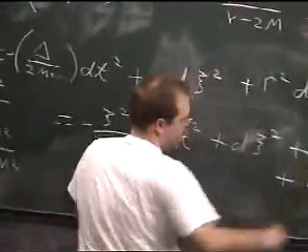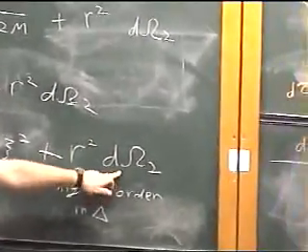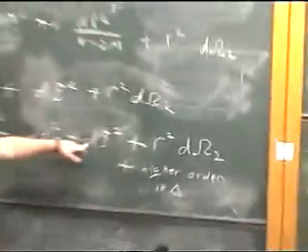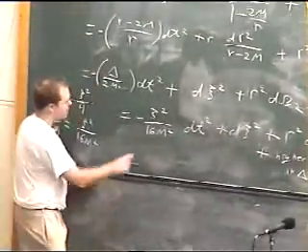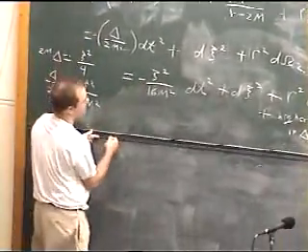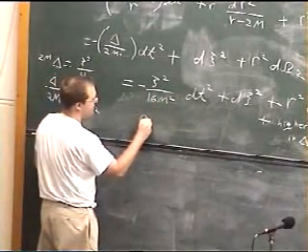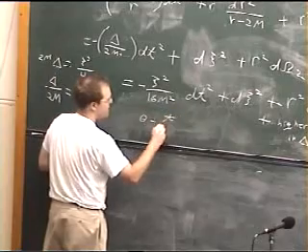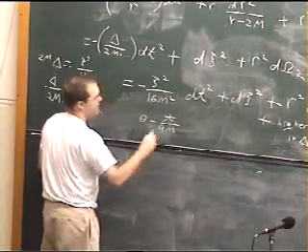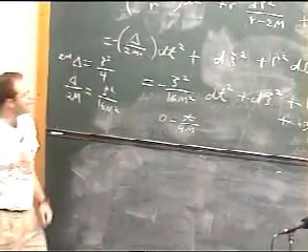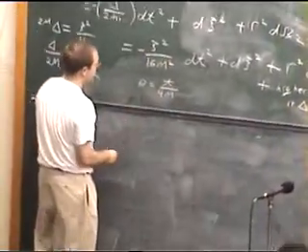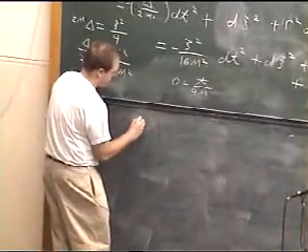The only remaining step, if you look at that metric, indeed the r squared d omega 2 term is there. The dc squared term is there. This one is almost right. The only difference is that we see that we should define theta to be t divided by 4m. Okay? If I did that, that would clean up this factor here, and I would find that